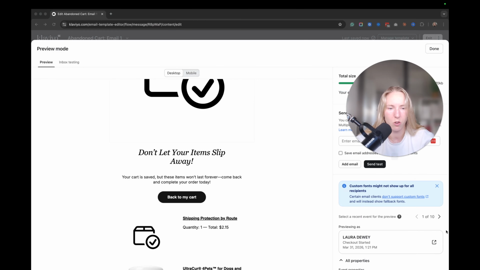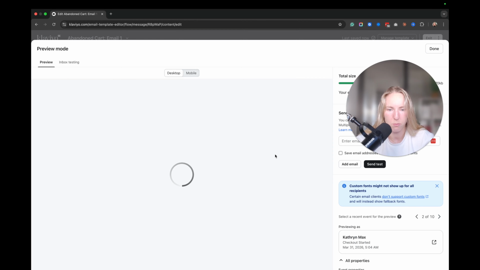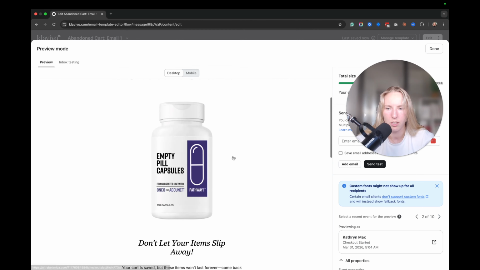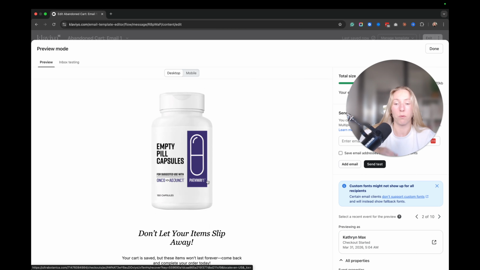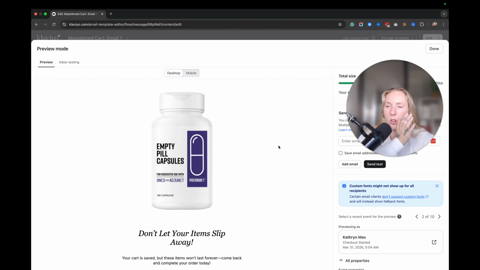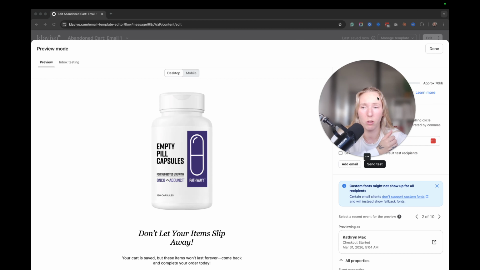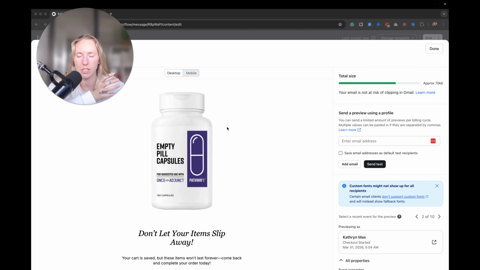took a look at. So again, it's got that shipping protection here, but let's go take a look at Catherine, for example. And it's going to show them an actual image of what they took a look at. So there's great ways that you can use this. There's multiple different ways. This is getting to a little bit more of the complicated side, but as you can see, it's so simple. Again, just to run you through what I did here, you're just going to go to